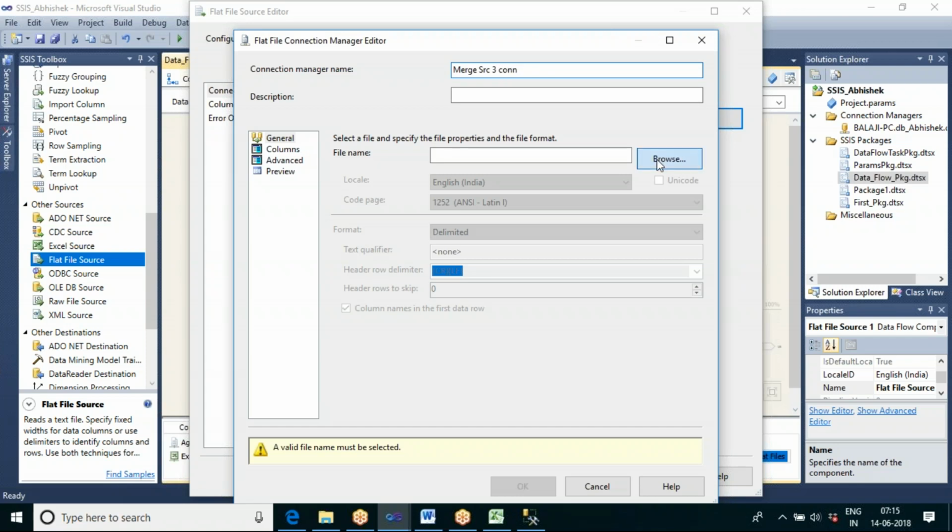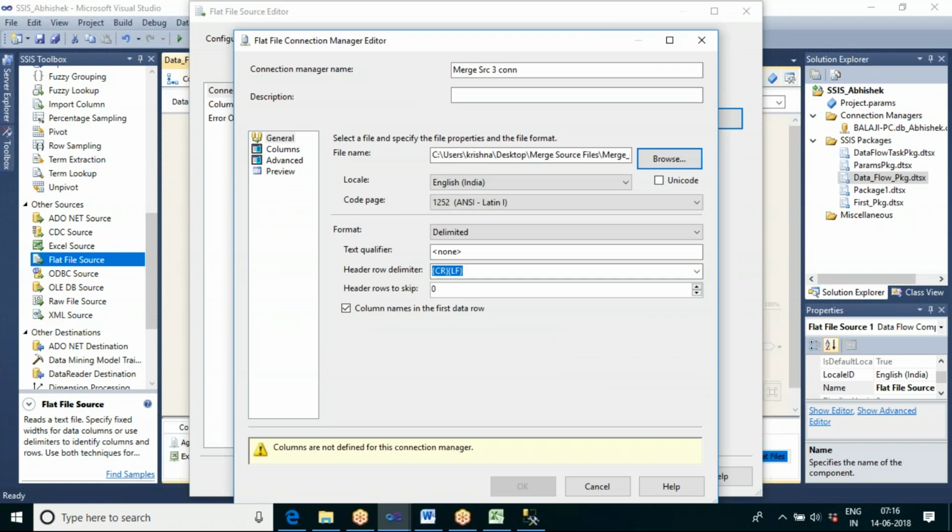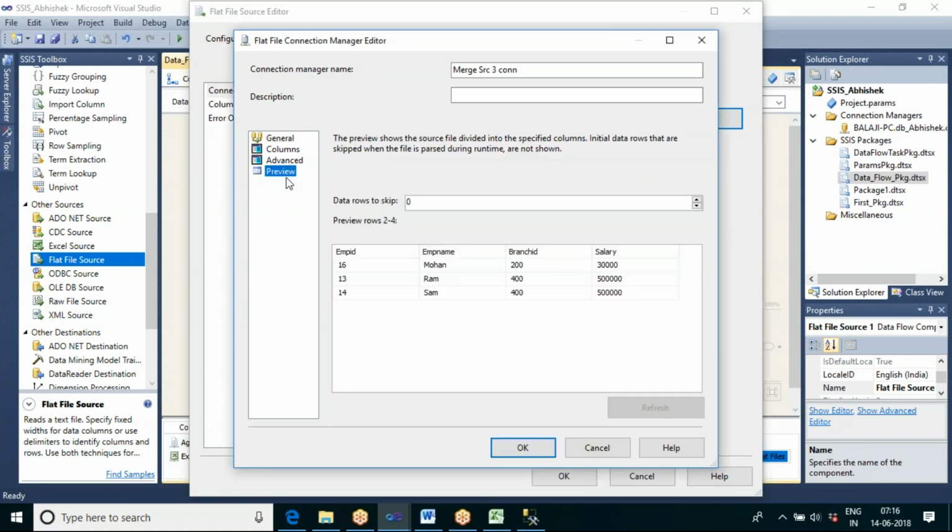Let me browse. Do you have column names in the first row? Yes, I have the column names.